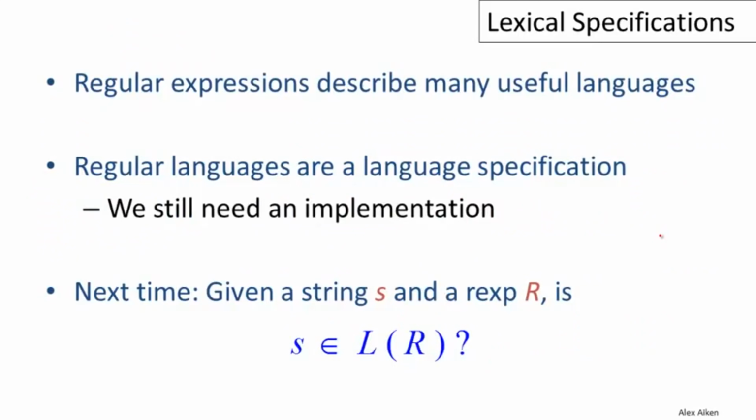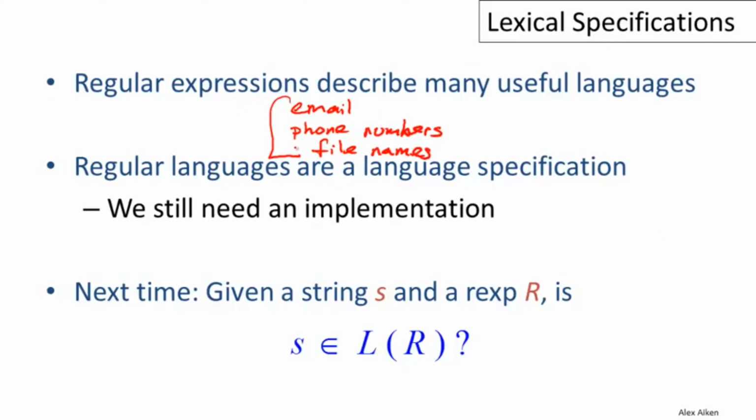To wrap up, I hope I've convinced you in this video that regular expressions can describe many useful languages. We've seen some fragments from programming languages, but we also saw that email addresses could be specified this way. Other things that are regular languages are things like phone numbers and file names. And there are many, many other examples in everyday life where regular languages are used to describe some simple set